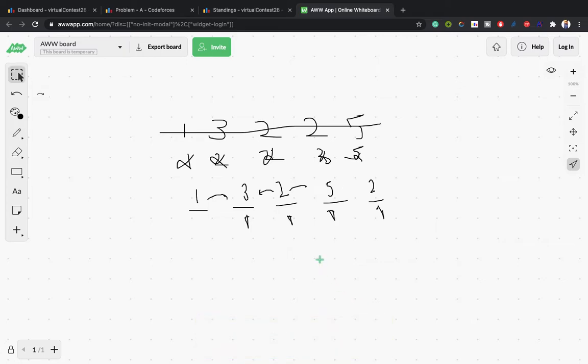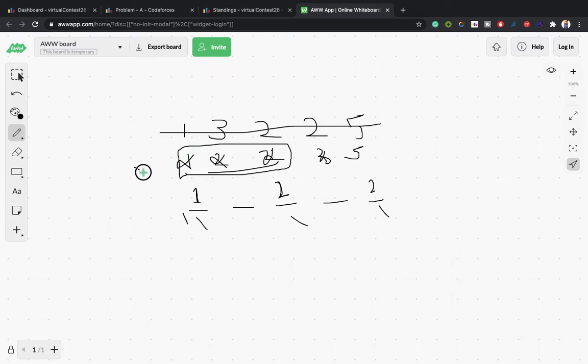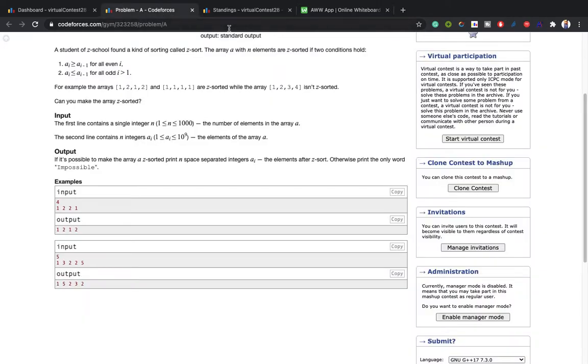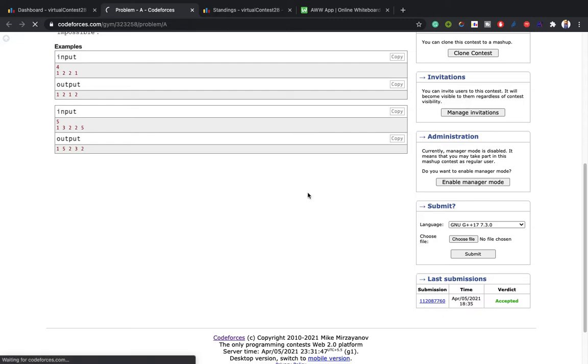This is happening because we have sorted the array, and we have the minimum n by 2 elements in the first places. So we have placed the minimum elements at the odd indices, and definitely the maximum elements will be more than or equal to those at the other indices. So here's the proof of the logic, and this is what I implemented. Let's check the implementation also.